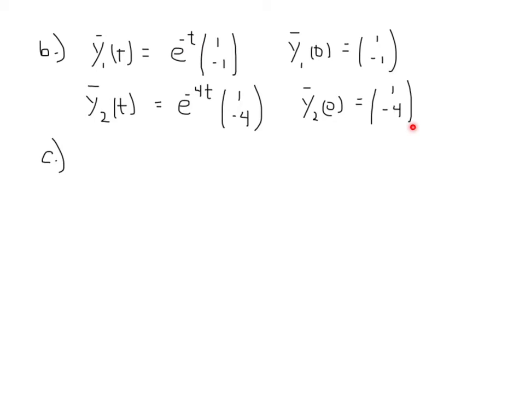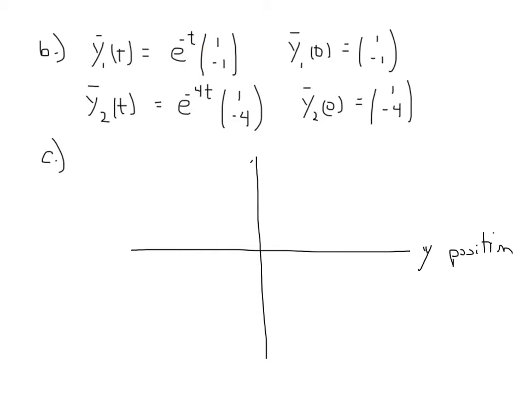In part C, it says to graph these solutions in the yv plane. These are both straight line solutions. I'm going to make a rough attempt at doing this. Here's the y-axis. This represents position, right? That's the position of the mass. Here's the v-axis. That's the velocity of the mass. This isn't so easy to do without graph paper, but roughly